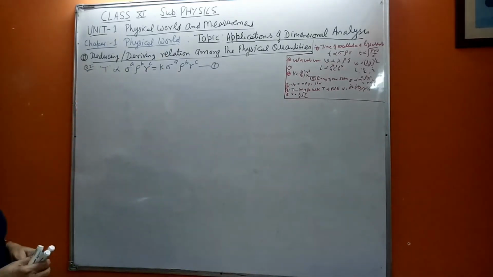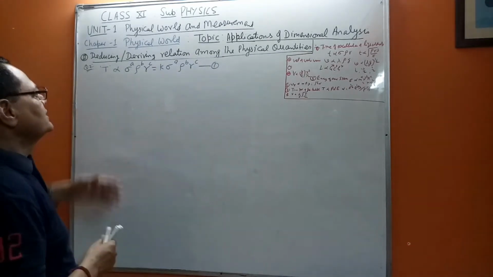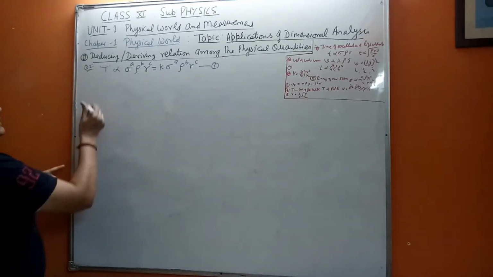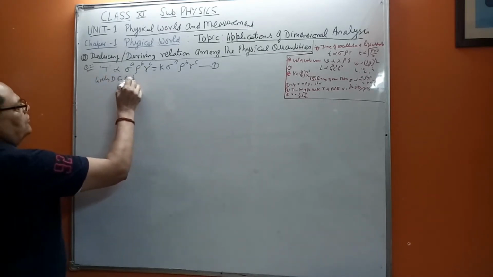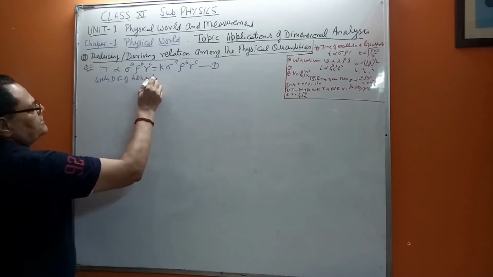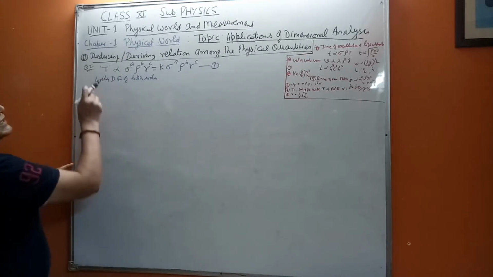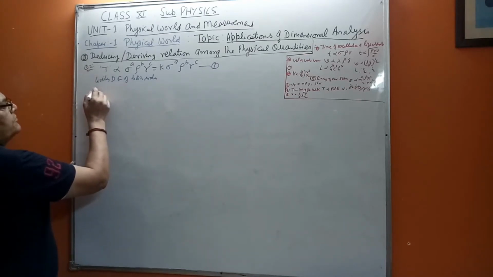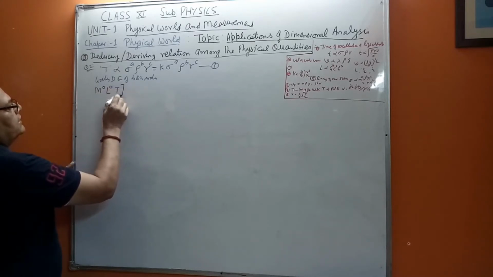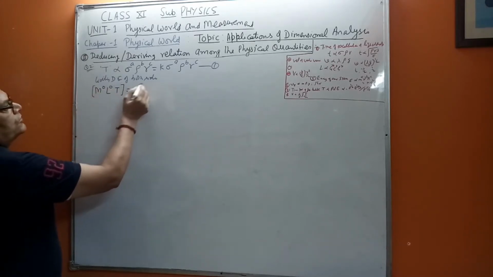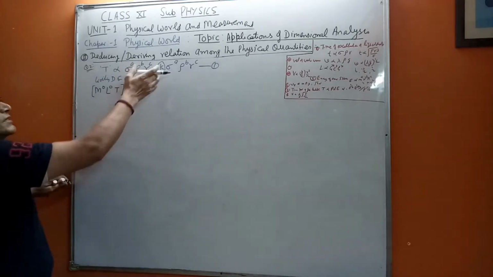Now what is the next step? We will be finding the dimensional formula of both sides. So, writing the dimensional formula of both sides, what do we get? Here is the time of oscillation, so we write the standard form: M0 L0 T, since T is a time period, equals k, being a constant, which doesn't have any dimensions because it is dimensionless.